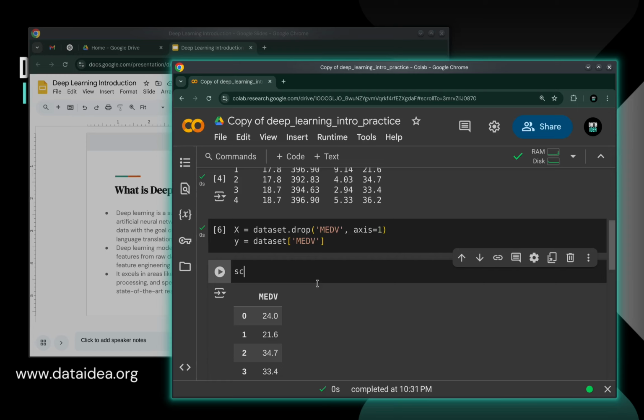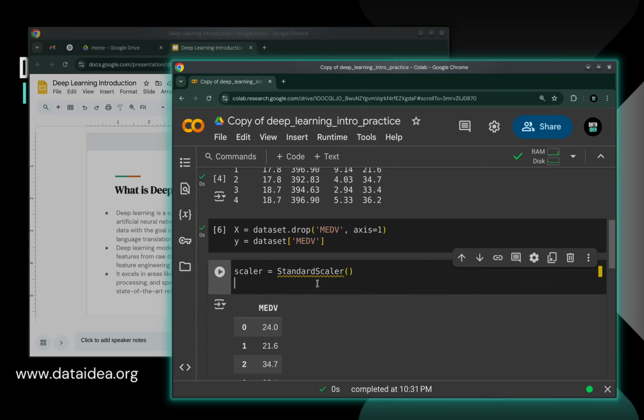So let's create our scaler function. We shall say scaler is equal to StandardScaler, like this. And we can set our X now to be the standardized set. So we can say scaler dot fit_transform